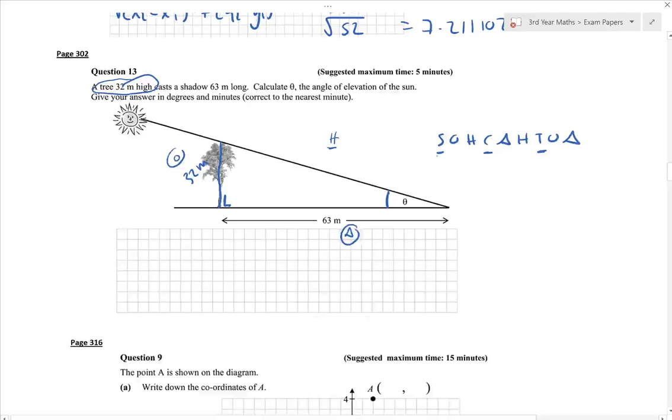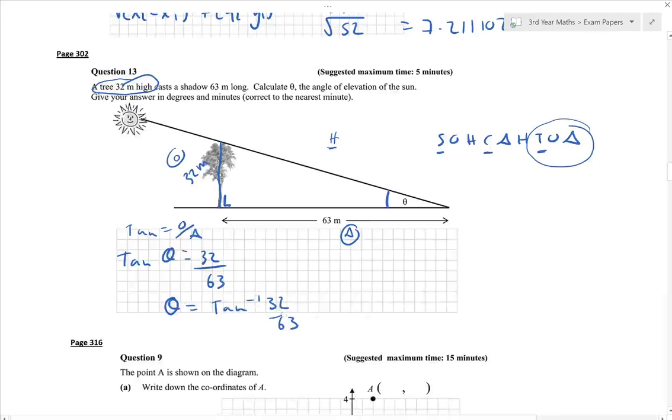So which one of those formulas, sine, cos, or tan, uses opposite and adjacent? It's tan. So we're going to say tan theta is equal to our opposite, which is 32, over our adjacent, which is 63. And you should write up here first, tan is equal to opposite over adjacent. So then we're looking for an angle, so theta is equal to tan inverse 32 over 63. So you always have inverse when you're looking for the angle. So you go to your calculator, press shift, press tan, your fraction button, 32 over 63, and that gives you an answer of